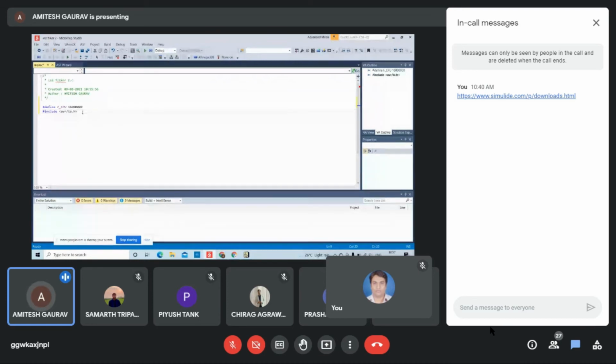Then we will include a file called util/delay.h. It will create the delay process in the chip. So for creating the delay, the file called delay.h is included.